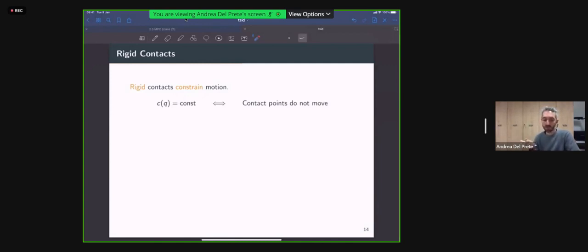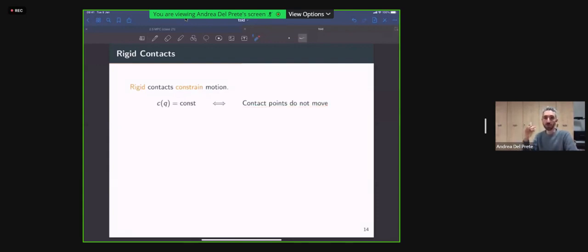So when you have a rigid contact, you basically are introducing a constraint because the robot can no longer move in the direction of the contact because otherwise it would penetrate the environment, which is not possible. So what you can do is that you can model that constraint using a mathematical equality, which is basically saying that the contact points do not move.